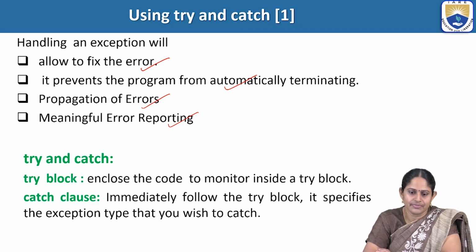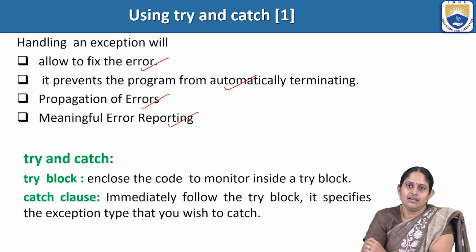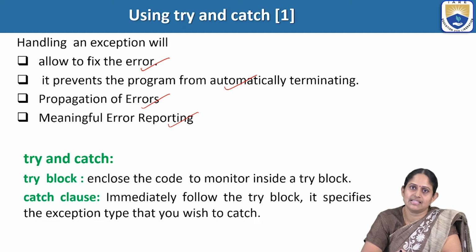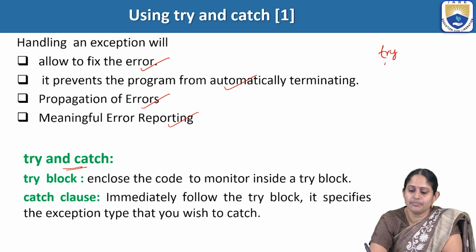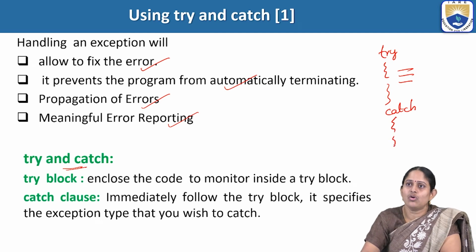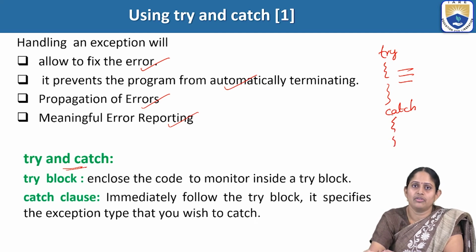Now, one of the important mechanisms for handling exceptions is the use of the try-catch block. So you have the try block, which will have a set of statements inside it, and the catch block. Whatever code we want to monitor for exception handling will be placed inside the try block. The code enclosed inside the try block will be